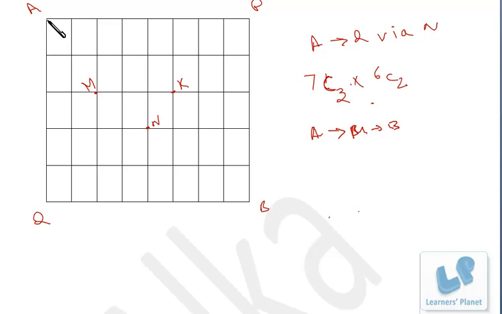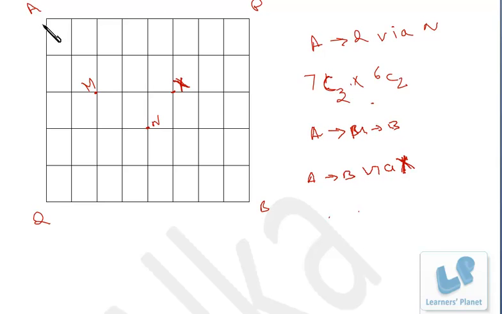And suppose the question is asked, you have to go from A to B via X and then you have to come back, right? Via X, here it's K, sorry, I write it X only. So A to B via X and you have to come back via X from B to A. That means first of all you have to go from A to X, then X to B, and then just square it, because to come back the same way the number of ways will be the same, right? So A to X, X to B, and then square it.